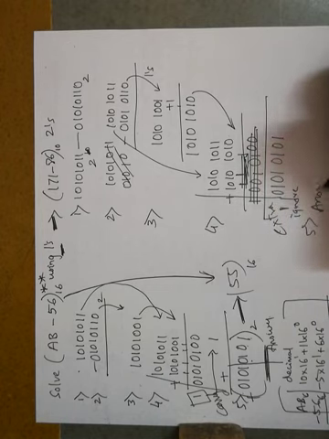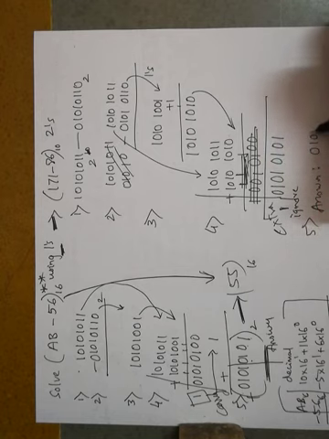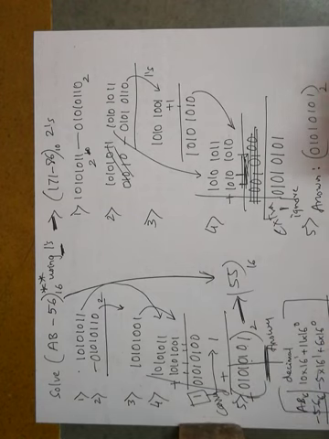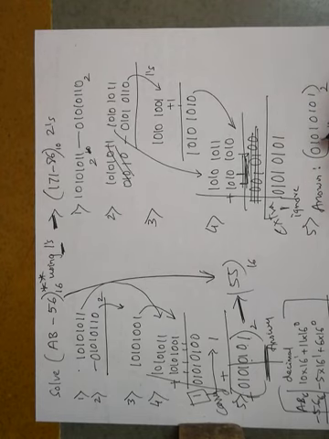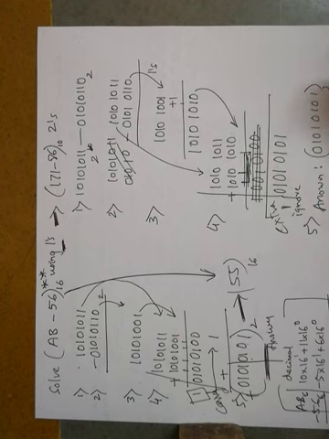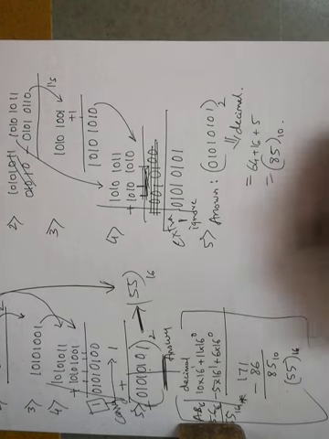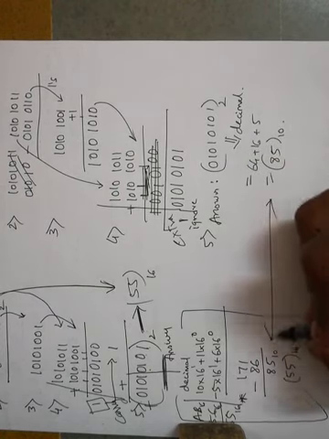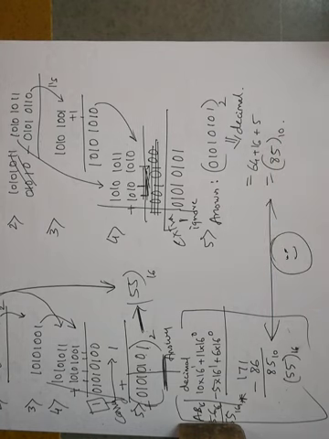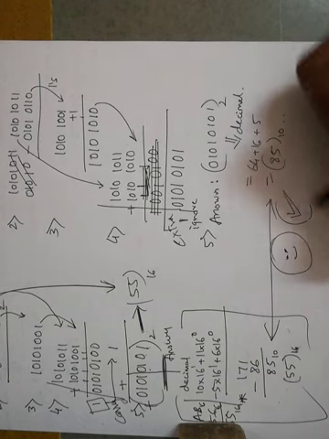So our answer will be 0 1 0 1 0 1 0 1. This is our binary number. We know how to convert binary number to decimal. It is by multiplying powers of 2. So this will be 64 plus 16 plus 4 plus 1, which will be 85 in decimal. Okay, sorry. So we have our matching answers. So our procedure is perfect and our answers are also matching.